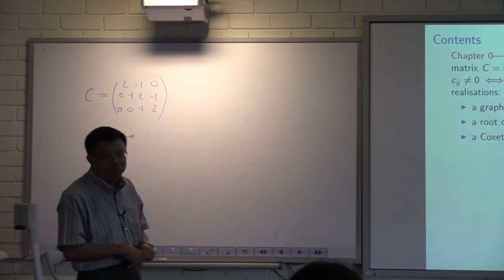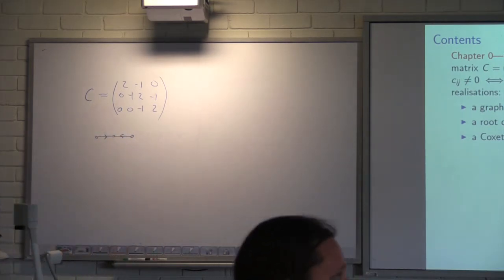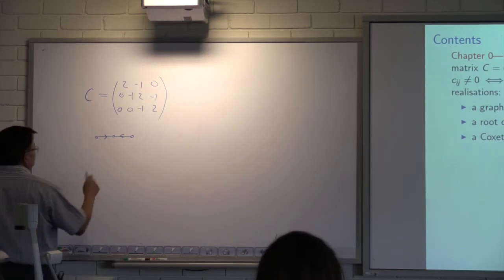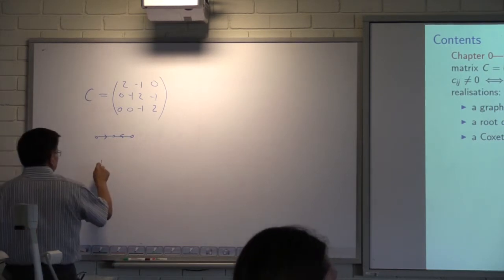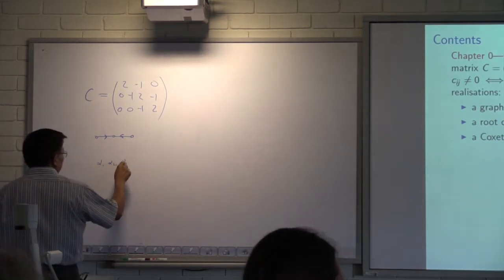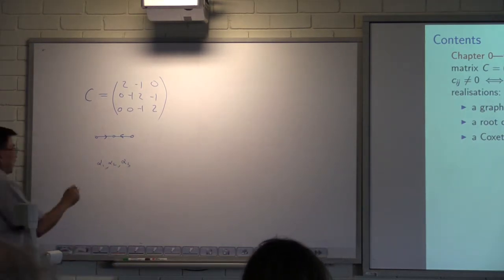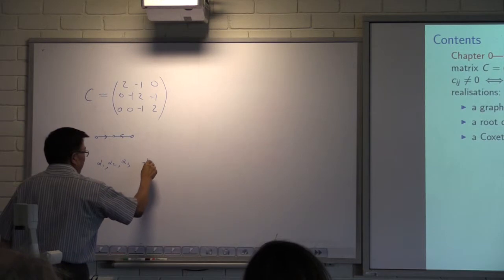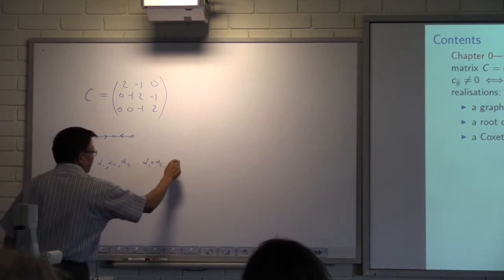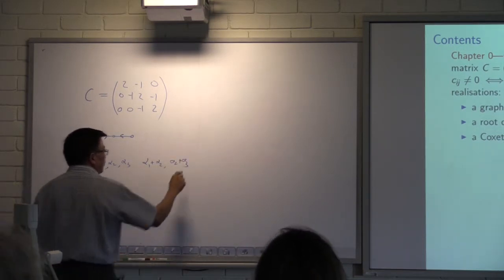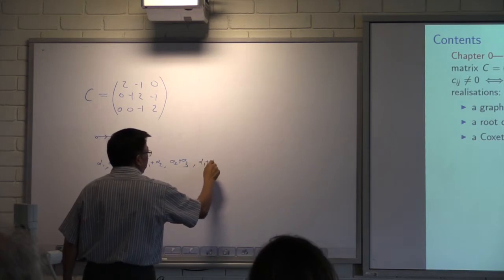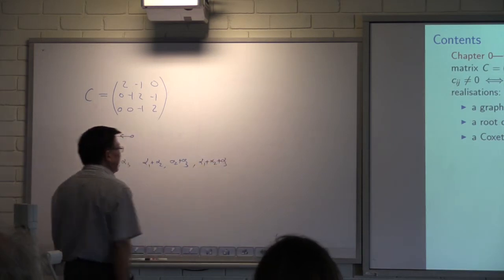We have the column matrix, we have the root system. In this case, of course, you can talk about the root system, like for 1, 2, 3. Okay? That's a simple root. Then you can look at alpha 1 plus alpha 2 and alpha 2 plus alpha 3. The last one will be alpha 1 plus alpha 2 plus alpha 3.